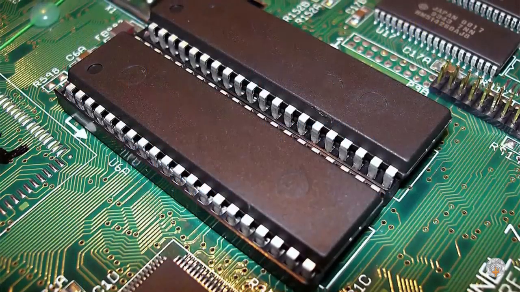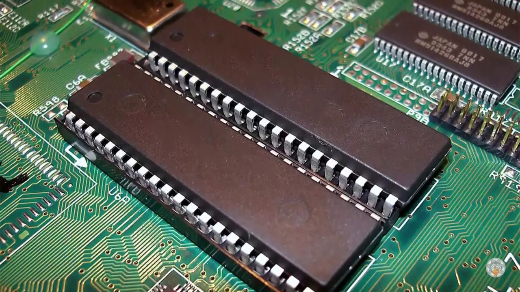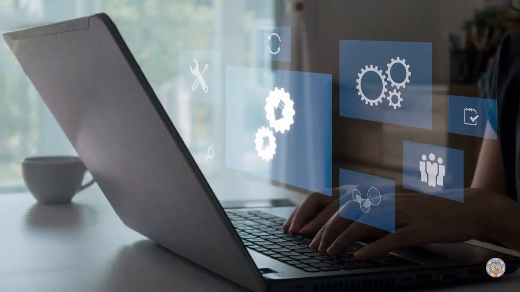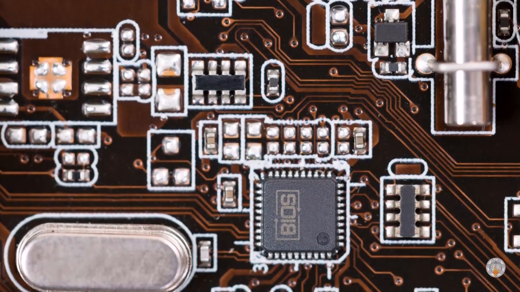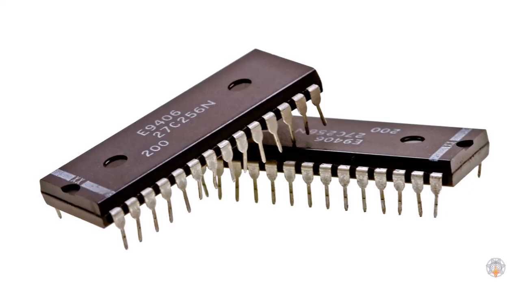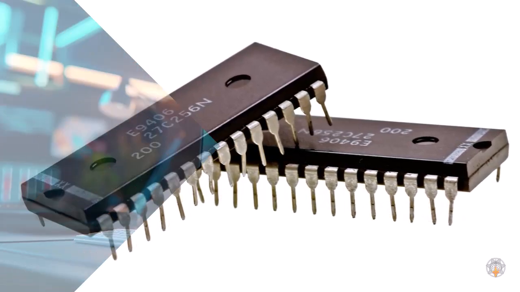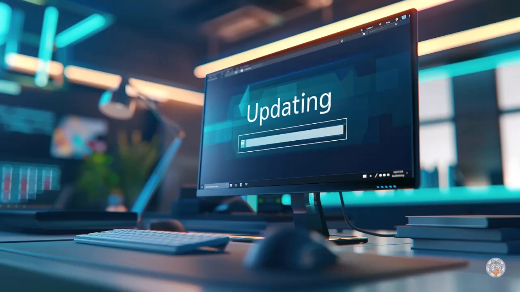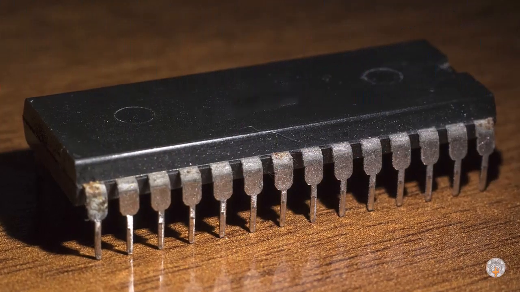By providing the capacity of ROM. ROM is non-volatile, meaning it retains its data even when the system is powered off, making it useful for storing critical system information like BIOS. However, traditional ROM cannot be updated or rewritten easily. Since modern systems often require BIOS updates for compatibility and security, ROM alone is not suitable.